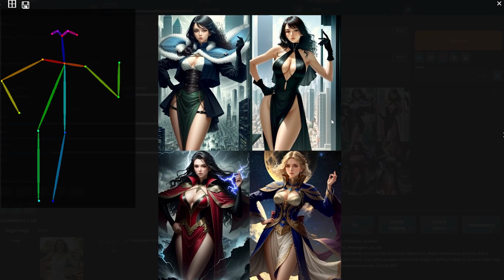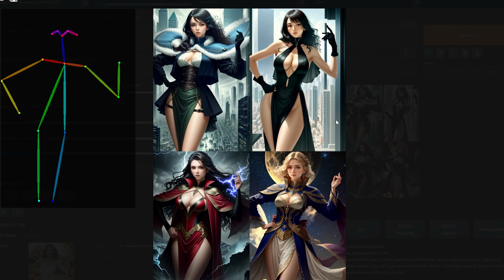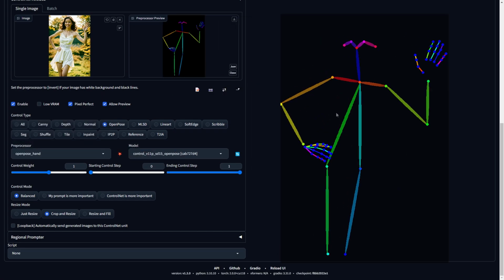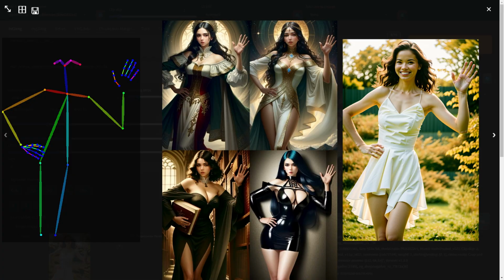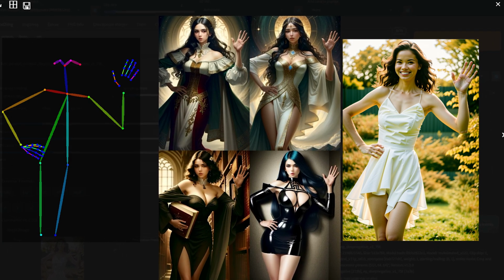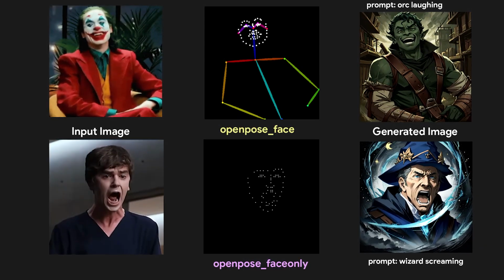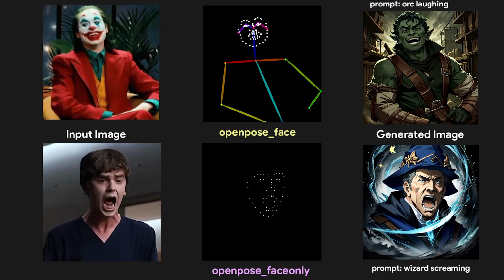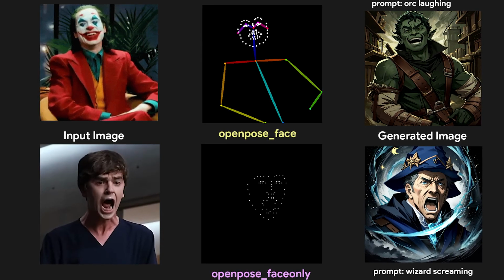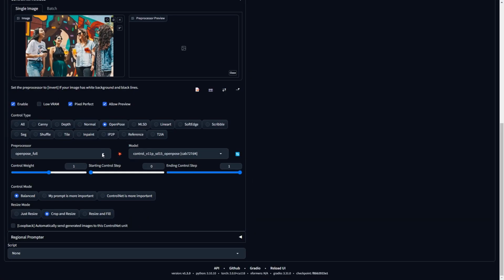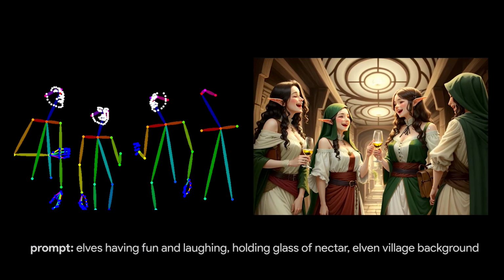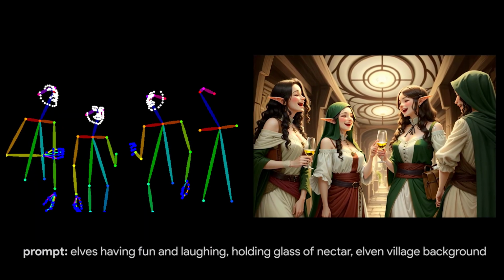If I also wanted to recreate the hand position from my reference image, I would use OpenPose Hands. It is a combination of hand detection and OpenPose. You can easily copy the exact hand and finger placement shown in your reference image. OpenPose Face Only includes the face, whereas OpenPose Face includes the face and the body. These do well with portraits and close-ups. So the final one, OpenPose Full, it combines all the ones before it, the face, the body and the hands. As you can see, OpenPose also works with multiple people.